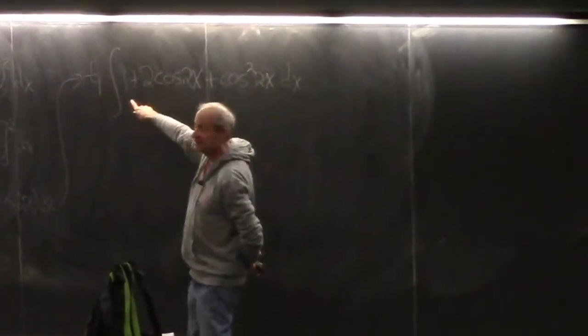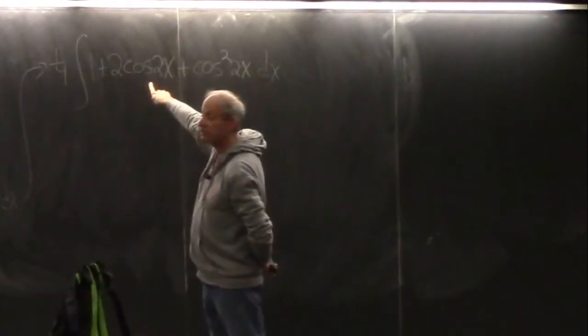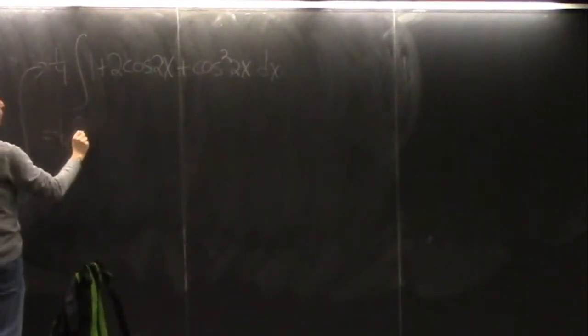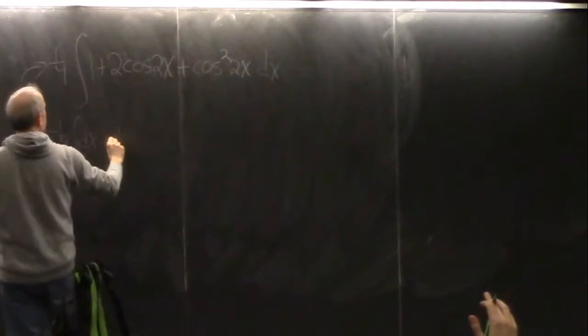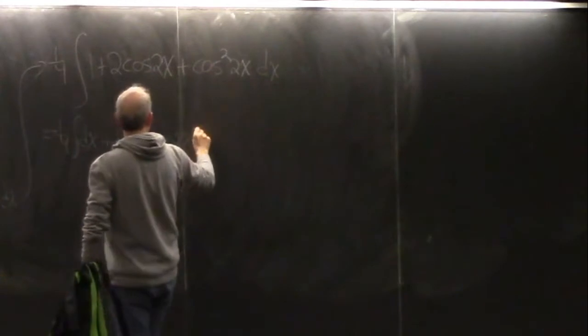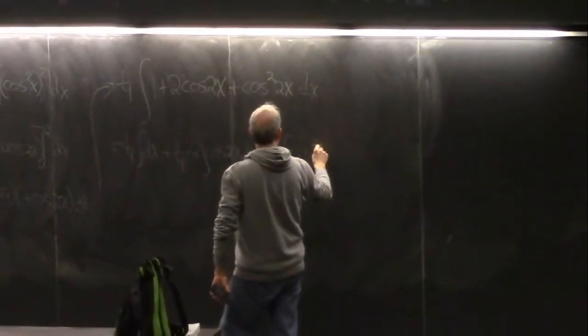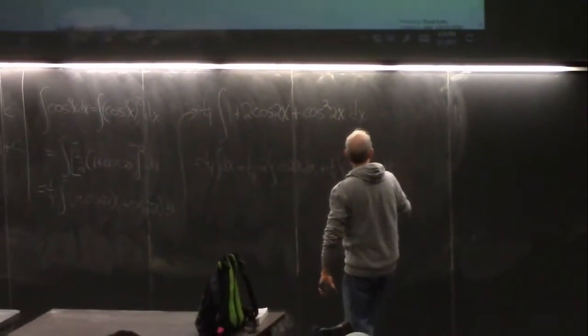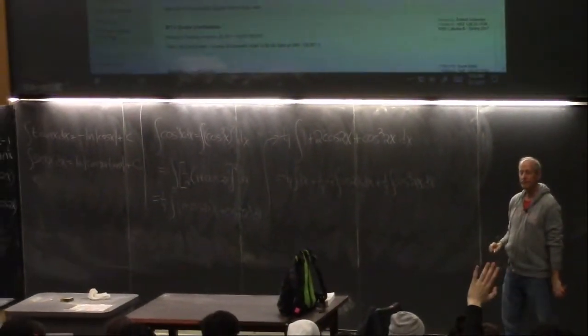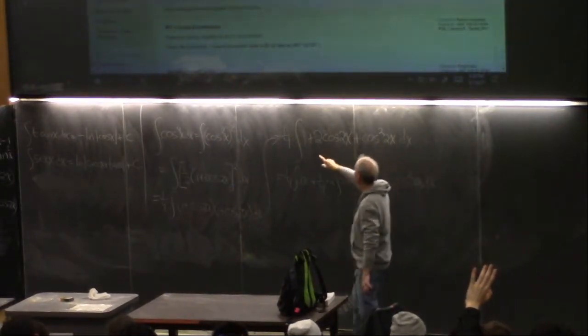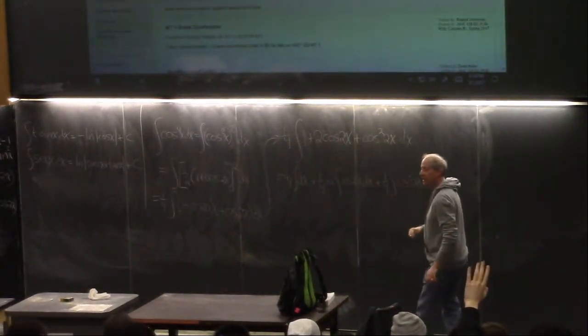It should be. All right, so now we have to integrate this. So this integral is going to be easy. That's just x. This integral is going to be easy. So let's split this integral up. We're going to have a quarter times the integral of 1 dx plus a quarter times 2 the integral of cosine 2x dx plus a quarter the integral of cosine squared 2x dx. Okay? It's like distributing the quarter and then making this an integral, and that an integral.